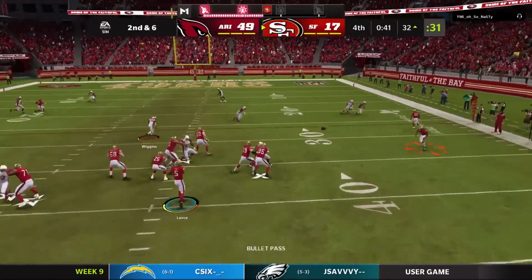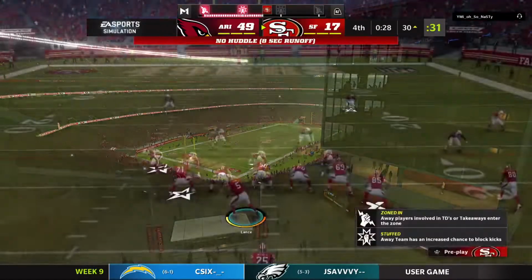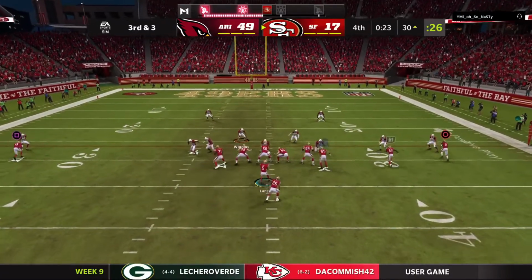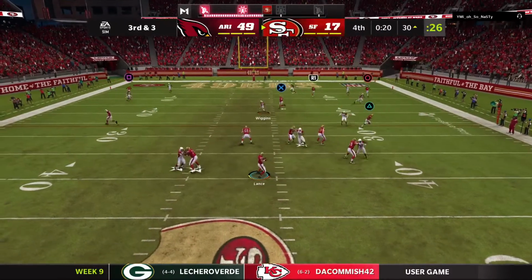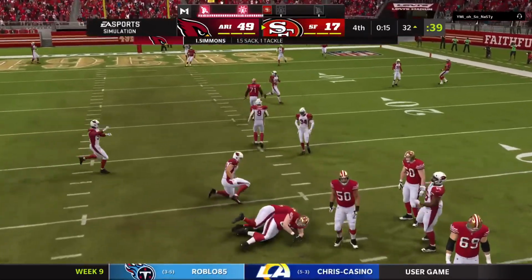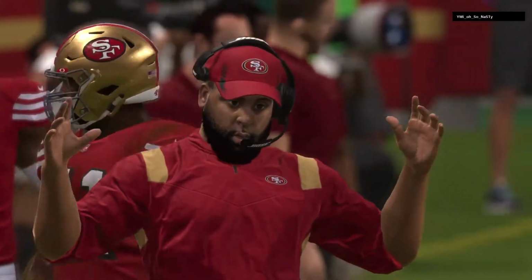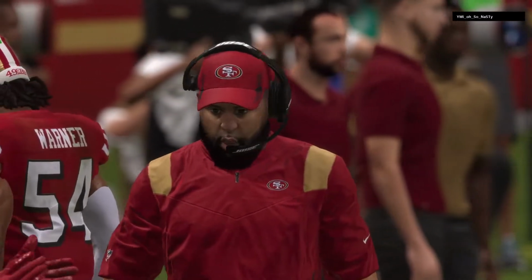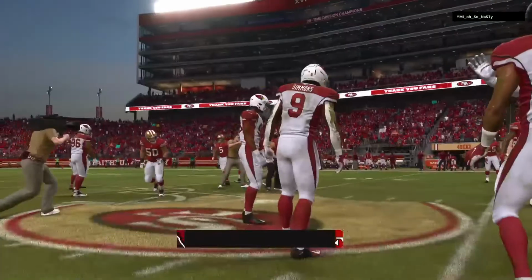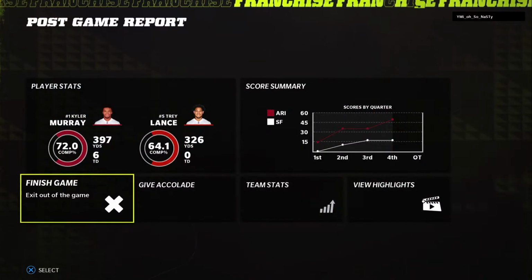Throwing again on 2nd down, Lance. They'll find Ayuk open, right side. Only 3 yards on the catch. It's 3rd down. Again, it's Lance, and he can't find a receiver, and he's brought down. Isaiah Simmons racking up sack number 12 for him on the year. A big offensive explosion helped lead them to victory, and the defensive guys, they're just saying, hey, put those points up every week. We'll just keep winning. They will gratefully accept them, won't